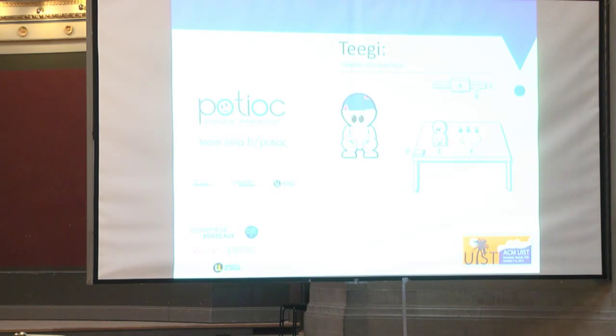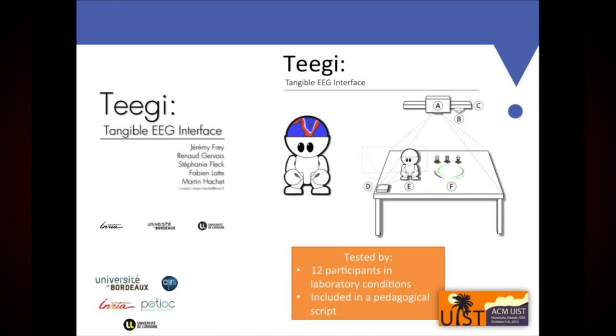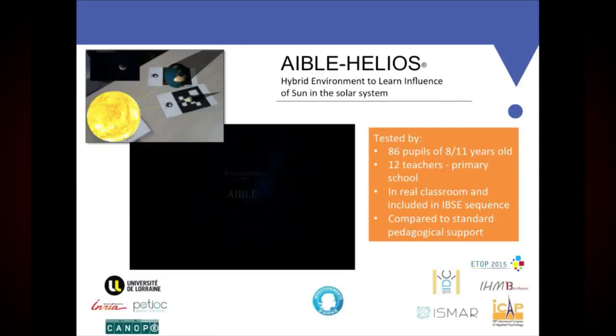So using this interface, we tested it in laboratory conditions with only 12 participants, but it's clear that you can manipulate the device very freely, and so you have a particular relationship with the knowledge. It's easy to understand, easier than when you have a lecturer or direct courses, for example. Another type, this is the construction of the model. Another type of interface, particularly designed for children in school, to help them learn astronomical phenomena.